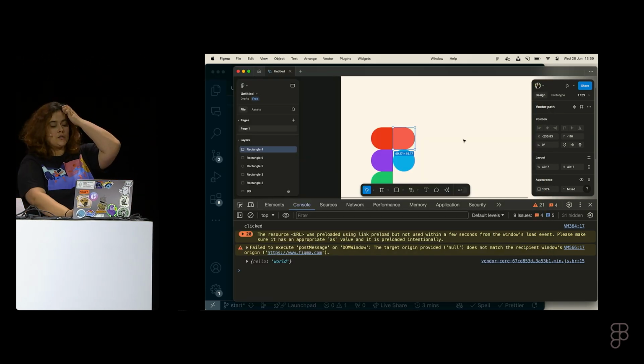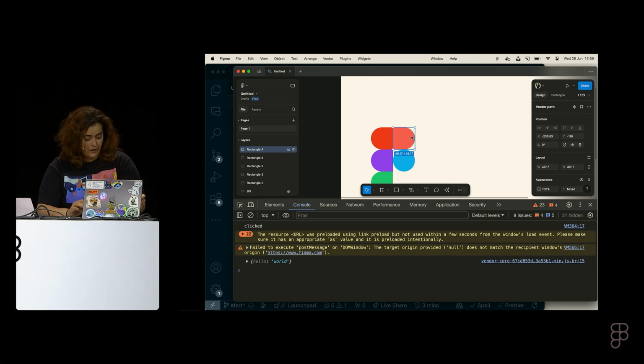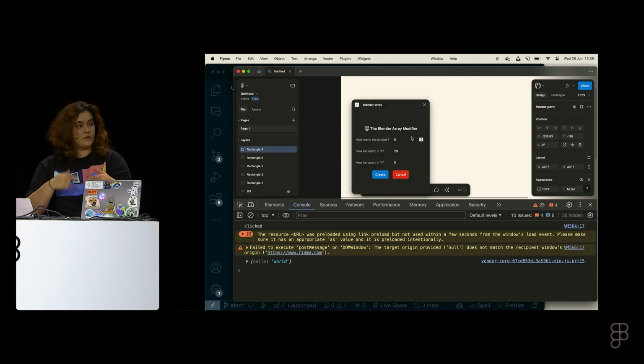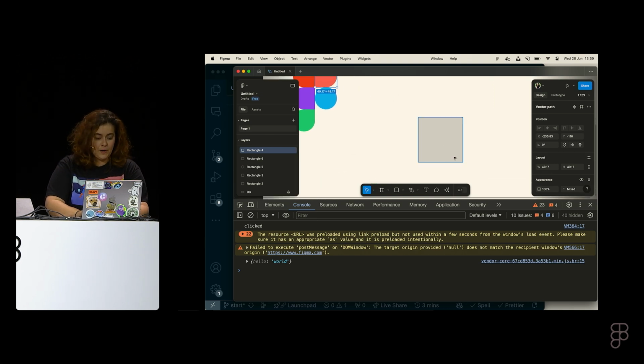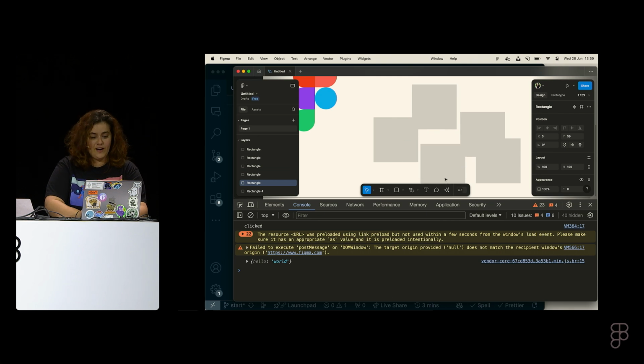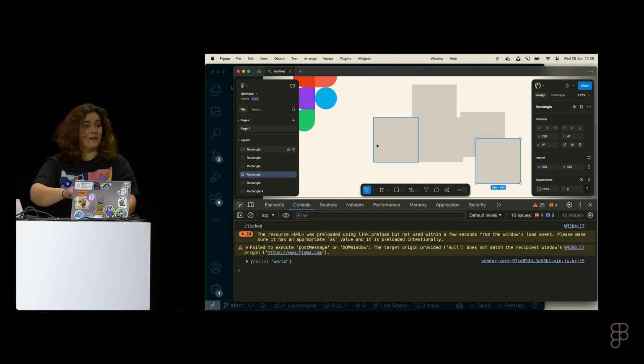Okay, cool. So if I do this, and now I do a little cheeky thing of Command Option P, this runs the previous plugin, and I click Create, will you look at that? We have a couple of rectangles. They're on top of each other, but they're all here. All 5 of them. Thank you. Someone started clapping. Yes.